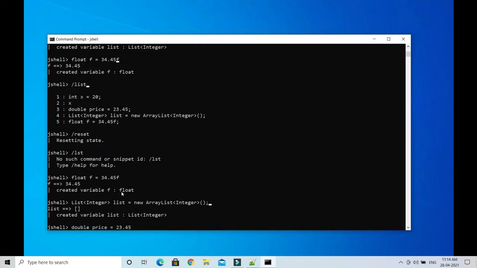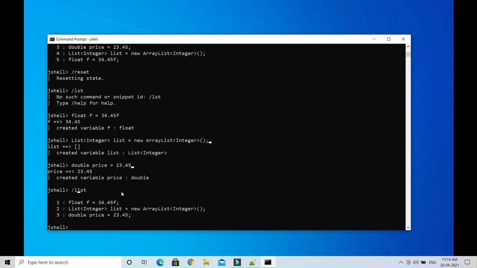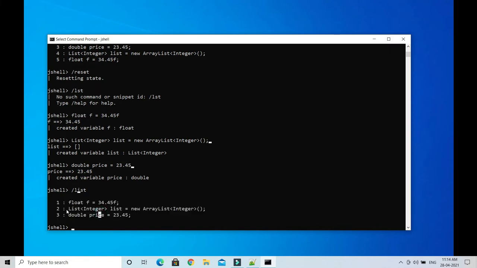Now if I do forward slash list, this will list out all the code snippets we have typed previously, and here it is showing the number. These statements are code snippets, and you can refer to them by this number as well.